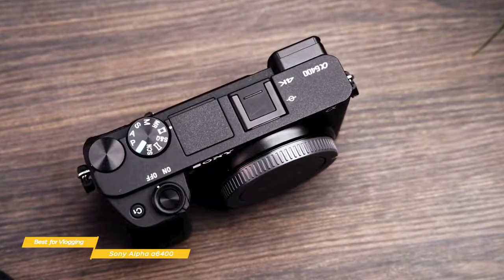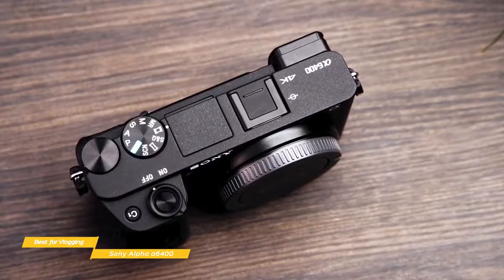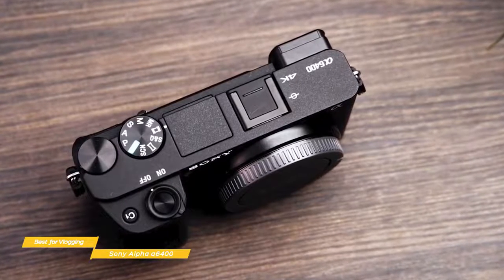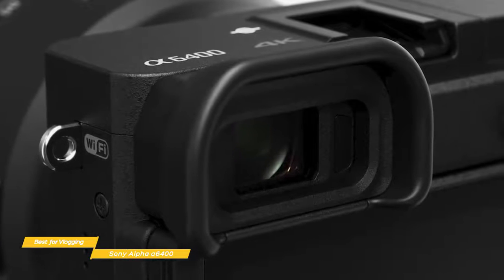It's a bit different from the static flash on the Canon EOS M50, as it can be tilted up to get a bounce off the ceiling for a softer fill onto your subject, rather than the starker full-on effect. Images and video are stored on an SD card, and built-in Wi-Fi, Bluetooth, and NFC can be used to transfer